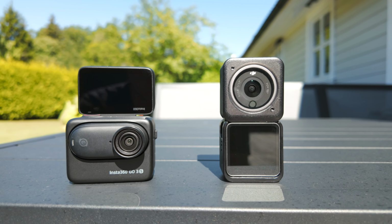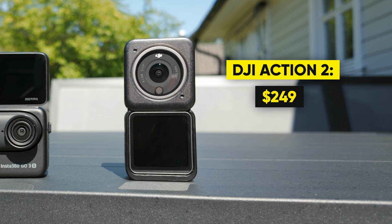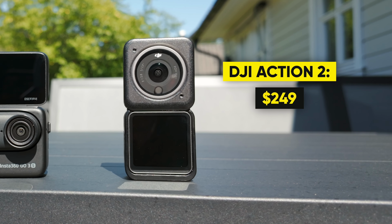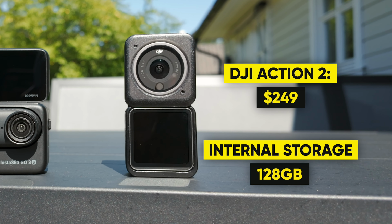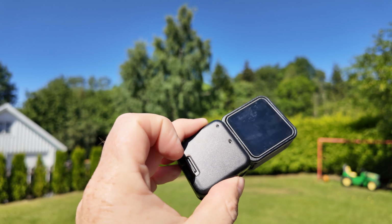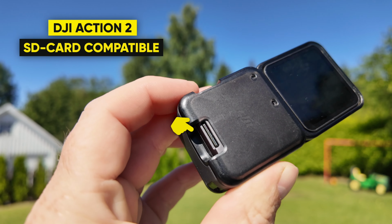The Action 2 is priced at $249 and has also received a welcome boost in internal storage. So now with 128 gigabytes from the previous 32 gigabytes. And in addition, you can also use a micro SD card directly with the Action 2 without having to purchase